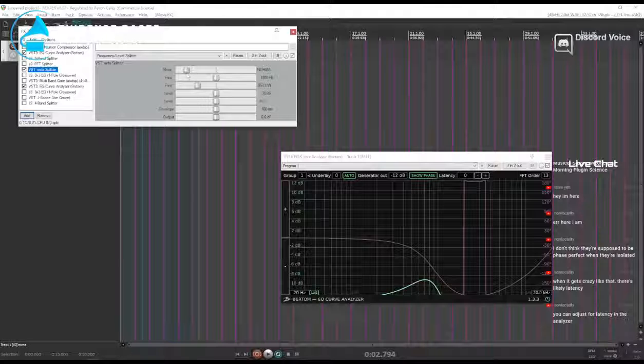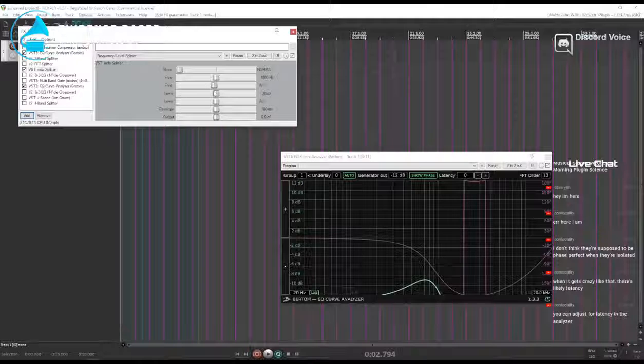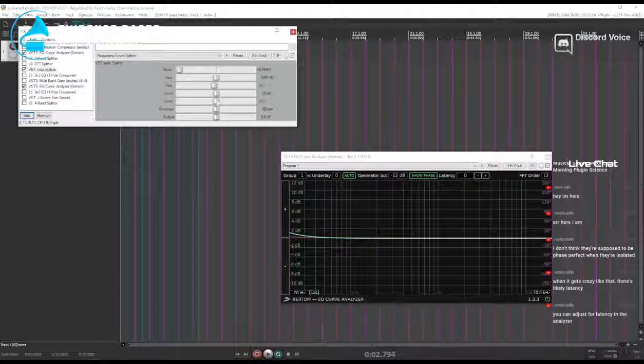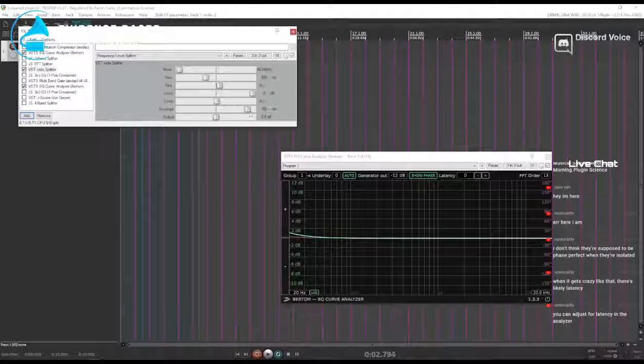Wow. No idea what this thing's doing. Never mind that one. So this 3-band splitter and this